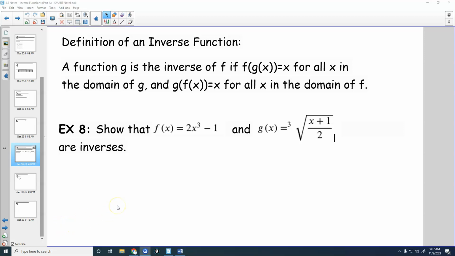So this is really your definition of an inverse. A lot of times whenever we talk about inverses, from what you've learned, you probably think about switching the x and y's in the equation, or maybe what the graph looks like. It's going to be reflected over the line y equals x. This is usually not what we spend most of our time on, but inverses really are the function that undoes